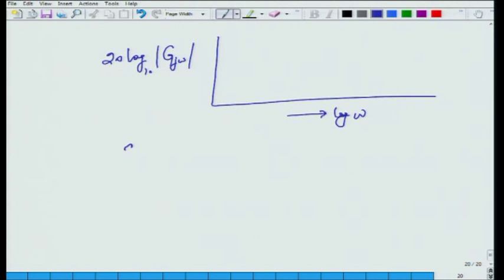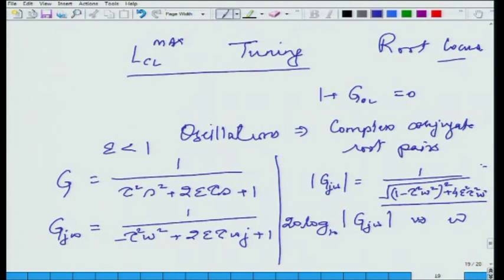What you will find is, as epsilon reduces, okay, let's see. Now, let me just argue it out with you. Look at this expression. When omega is 0, magnitude is 1. If magnitude is 1, log of 1 is 0. Now, as omega starts increasing from small values, because you are taking omega square, this omega square term will be negligible. So, if epsilon is smaller and smaller, then what will happen is, the first term will become slightly less than 1, but however, if epsilon is tending to 0, that means epsilon is becoming smaller and smaller, then the positive term that you have will become much smaller,